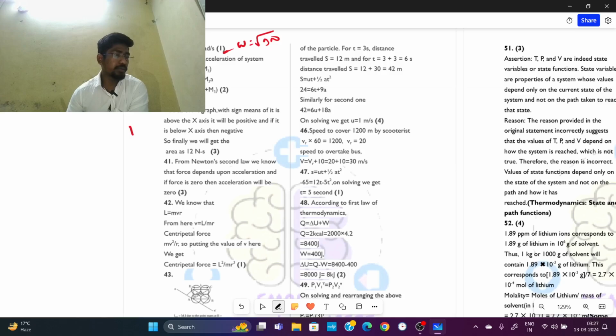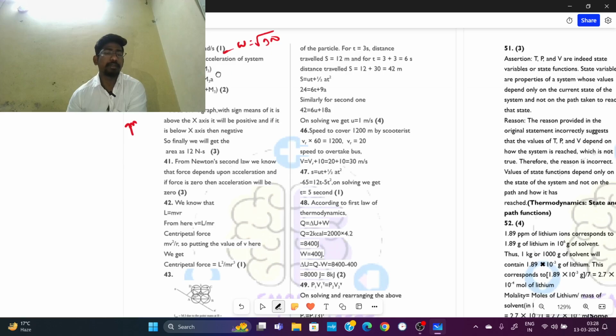Three objects are given. The object at the farthest left has the highest mass, that is M3, which is applying force F3 on M2, and M2 is applying force F2 on M1, and the object with mass M1 is applying force F1. So if we calculate the common acceleration of the total system, because they are moving with the same acceleration, you will get that the force applied by the object one,